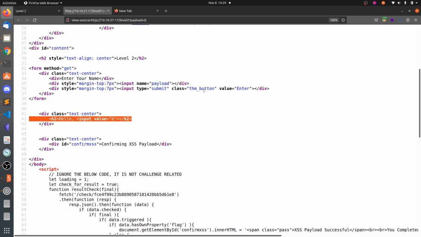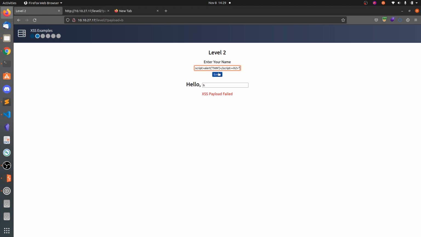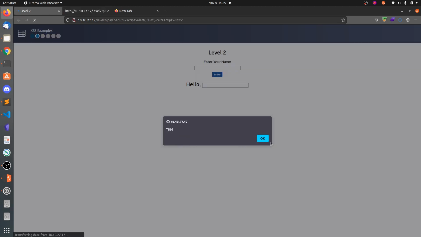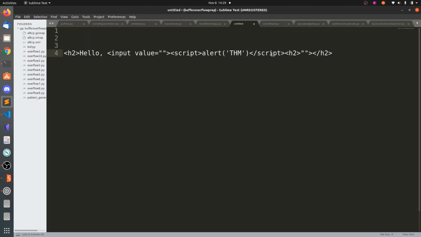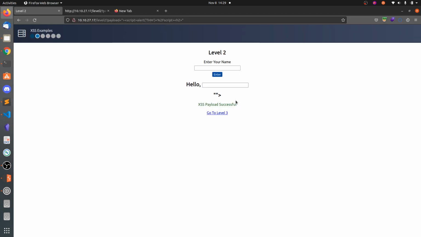Let's copy this and go and enter the name. Click on enter, and you can see we got the THM alert, and we also get this H2 header with quotations because that is remaining on this side, and of course our access gets executed. So go to level 3.